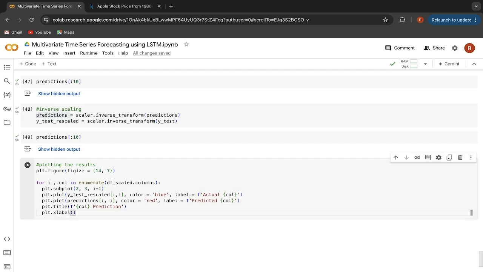Now in this x label we will have time, and in the y label we will have the price. So let me say here whatever the column is and price, and we also have to add the legends here. So let me say legend. Let's run this.